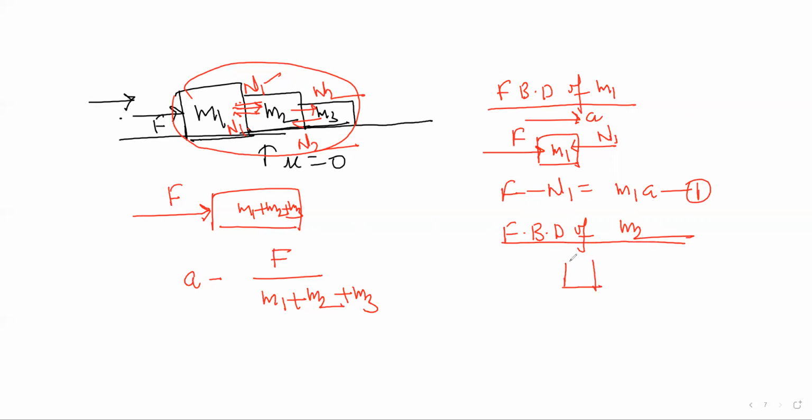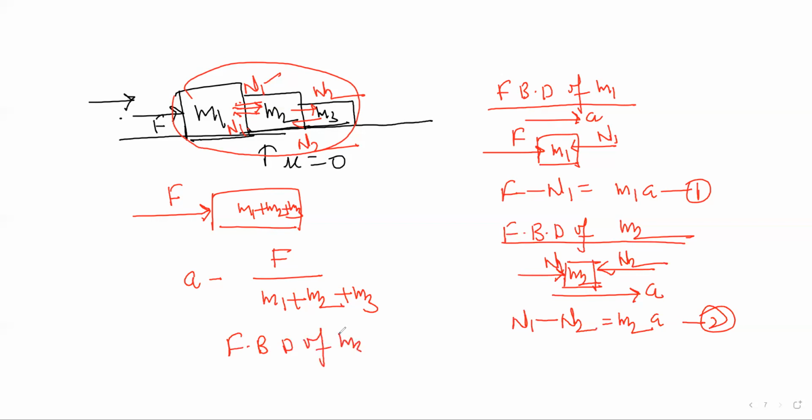So what is happening with M2? N1 is being applied from left and N2 is applied from right, and it is accelerating with acceleration A. So the equation will go N1 minus N2 is equal to M2 into A. This is equation number 2. And now FBD